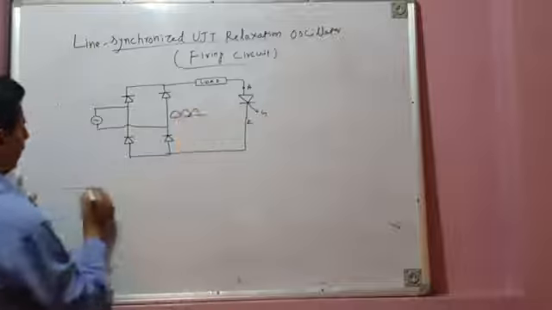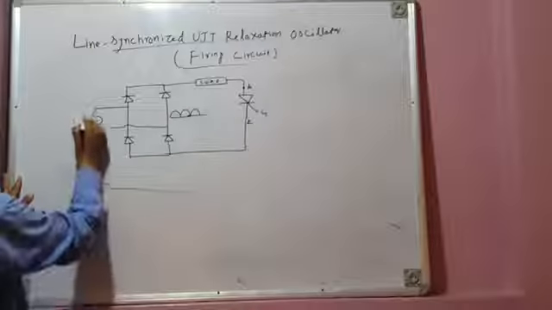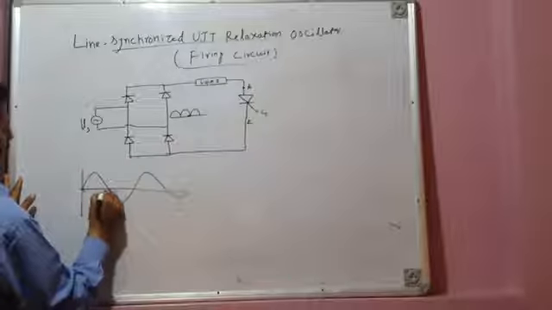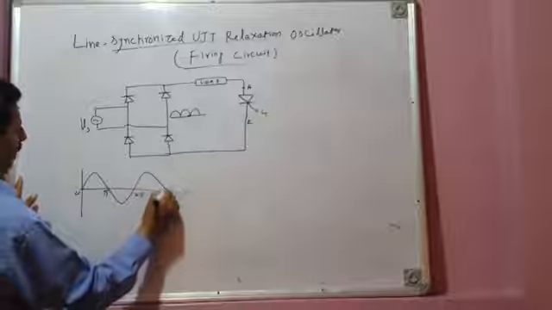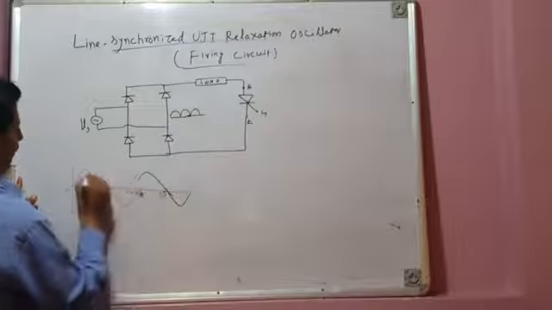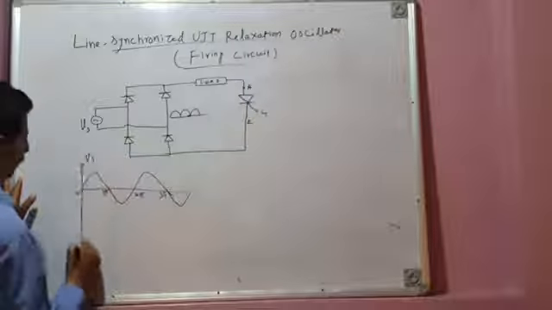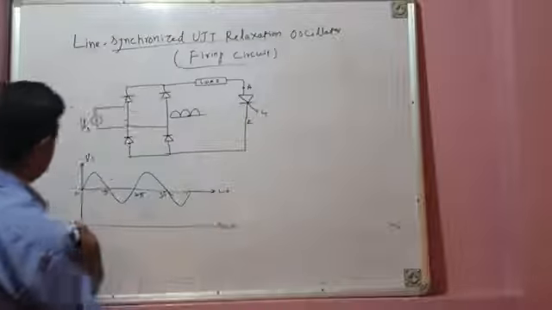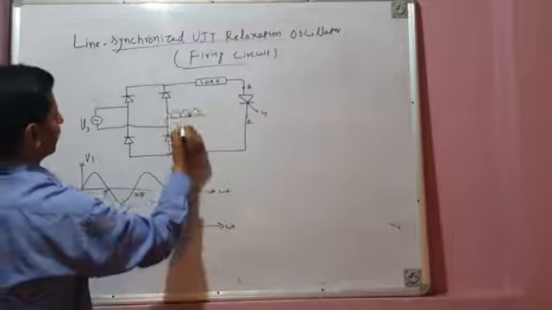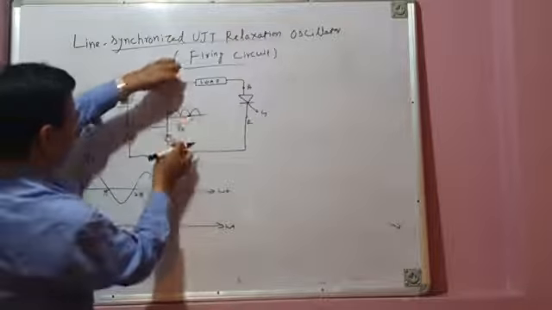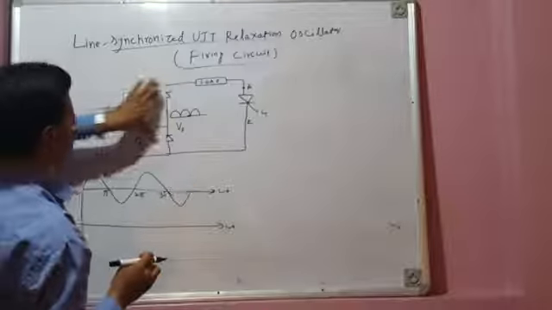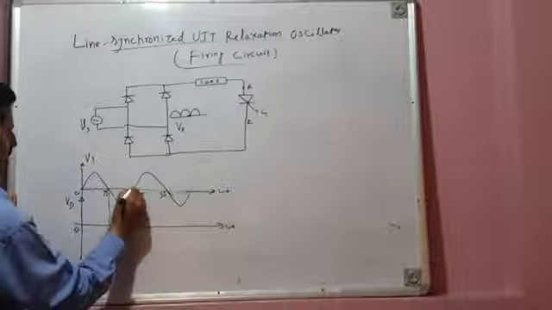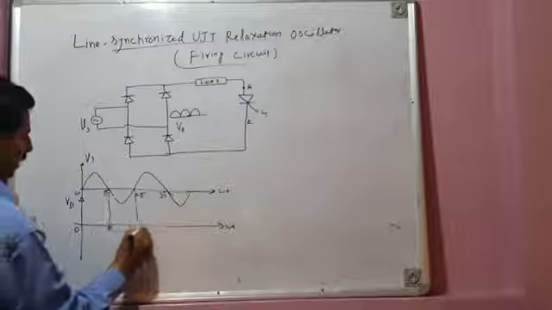Yes. This is the source voltage, AC. This is 0, pi, 2 pi, 3 pi, and so on. This is the source voltage. What will this rectifier do? This is the omega t axis. Let us call the voltage at the output of the rectifier VD. This bridge rectifier converts AC into DC. So this is my VD. Pi, 2 pi.